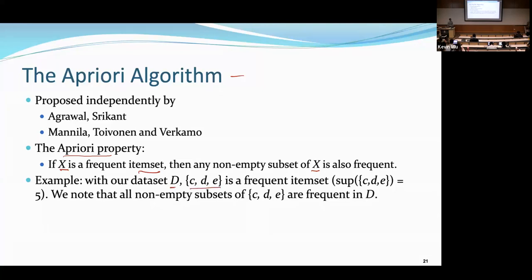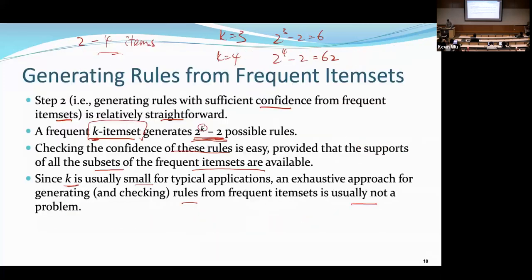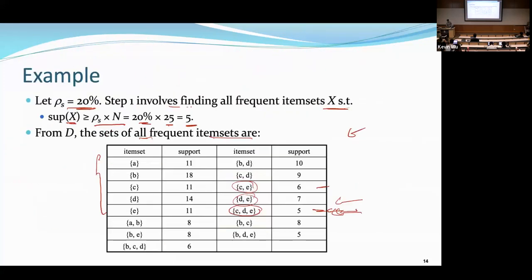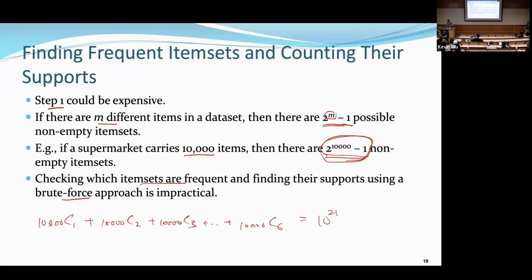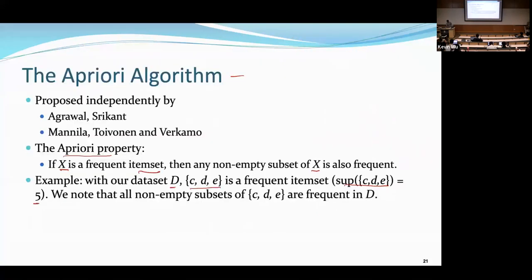Previously, we mentioned that the item set CDE is a frequent item set. That is to say, the support count of CDE reaches a certain level. In our toy example, the threshold is a count of 5, right? So it means that the support count of CDE has to be at least 5. And in our example here, the support count of CDE is exactly 5. Now, the a priori property says that